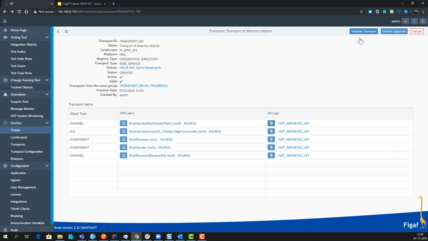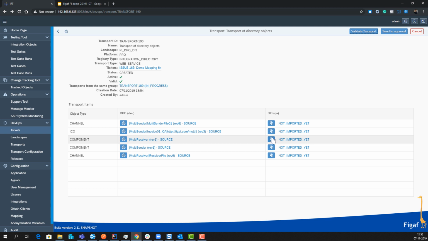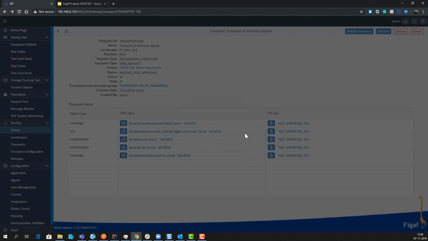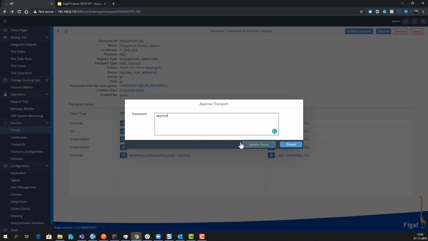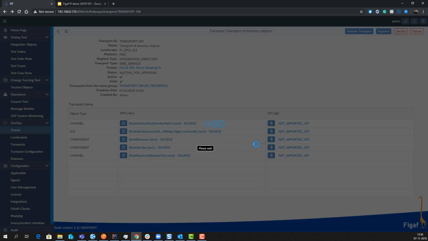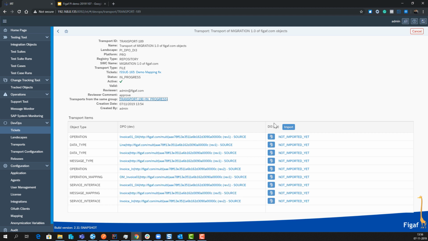We have an option to validate the transport, where it will check that you have not configured something that's not valid, you have entered all the required passwords and stuff like that. And we can then send it to approval, and we will just approve this again. So now we're ready to import, and we want to take the